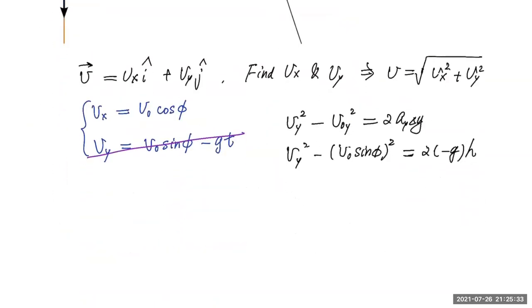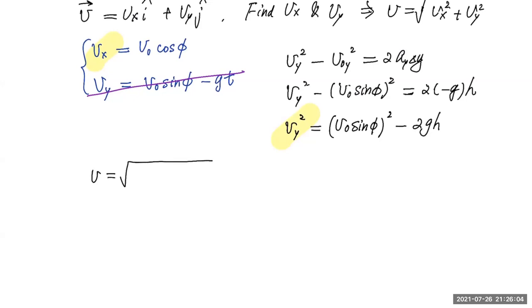And that tells me what Vy is. So in fact, let's just find Vy squared, because that's what it takes to find V eventually. We just move that V naught sine phi to the other side, minus 2gh. Okay, so now you have Vx and you have Vy. Let's combine them. Okay, so now we have V equals